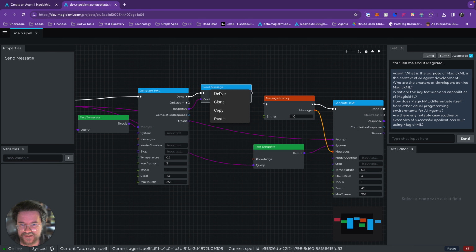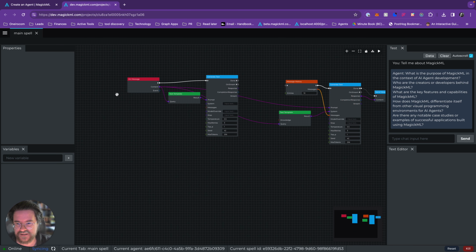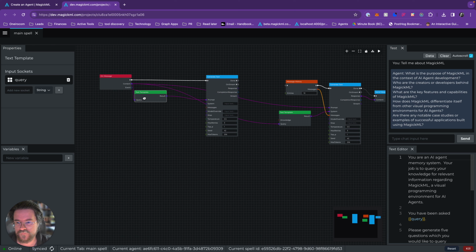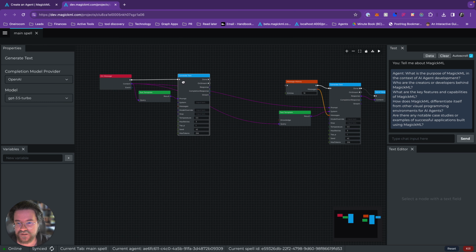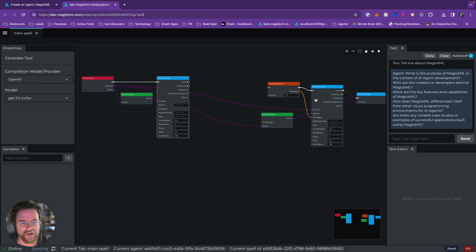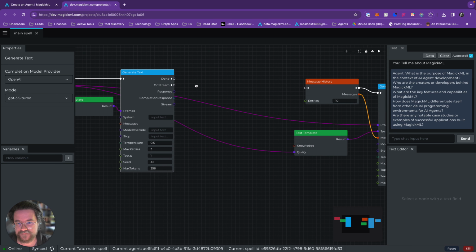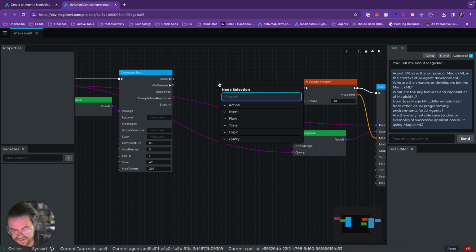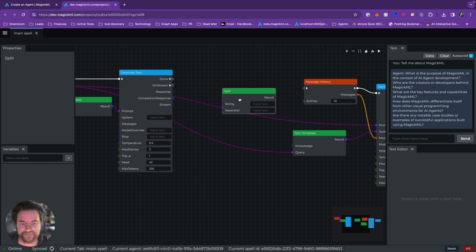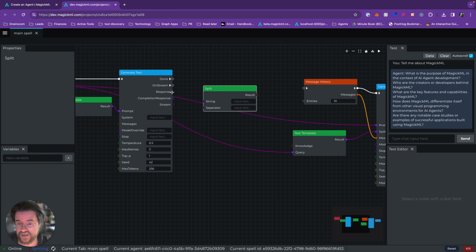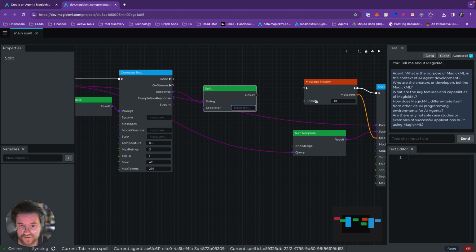So in order to act on these things, we're going to need to do a little bit of formatting because we just got a big chunk of strings. So there is in here a string splitter. So the string splitter will take a string, i.e. our response, and will separate it at each new